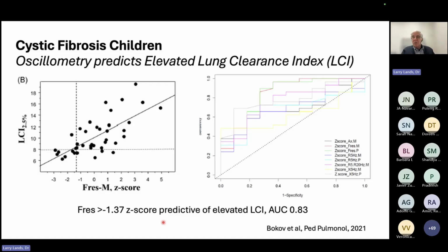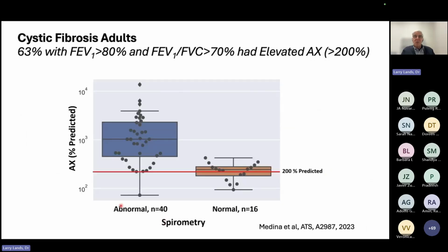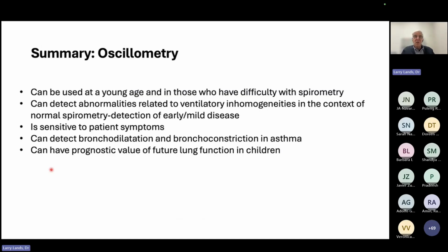Oscillometry is quick, as I showed you. You need about 5 breaths repeated 5 times. The equipment is less expensive, and there's less technical training involved. I'll just throw this in. This was a study we did in adults, and even among those with relatively good lung function, a lot of them had a markedly elevated area under the reactance curve, again pointing to it being more sensitive. We are exploring this right now in our CF population.